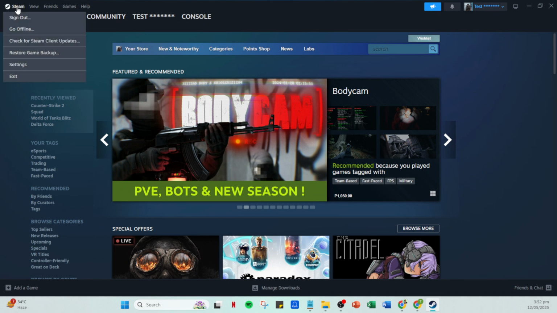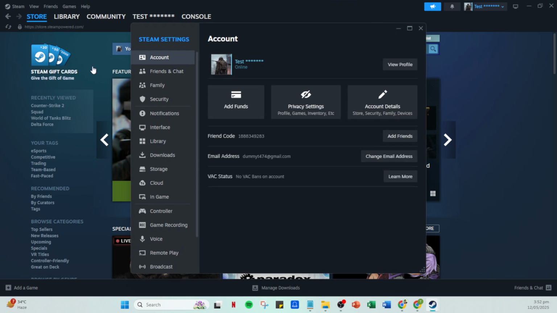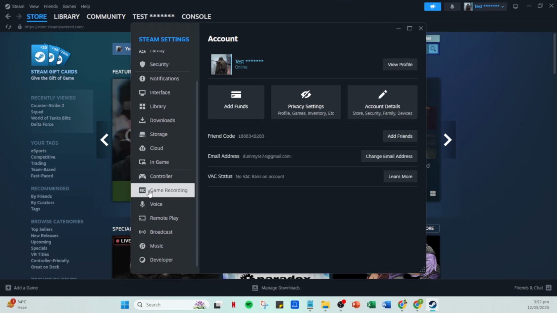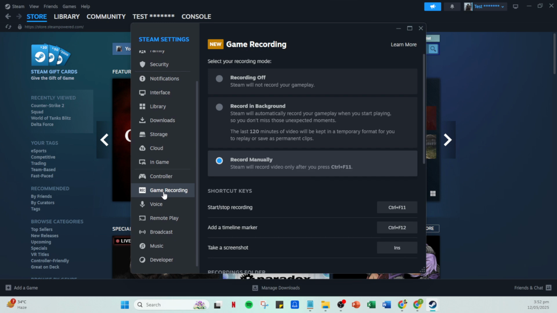Here you'll find an option labelled Game Recording. Select this to proceed to the Game Recording Settings panel. Now within the Game Recording settings you have a few different modes to choose from. The first option you might see is to record in the background. This means that any gameplay will automatically be recorded, allowing you to capture spontaneous gaming moments without needing to start